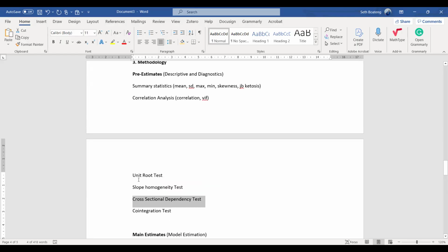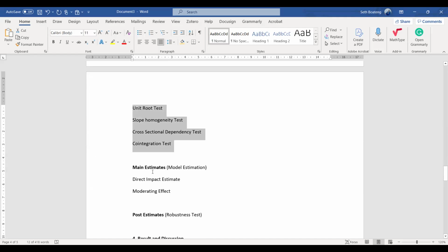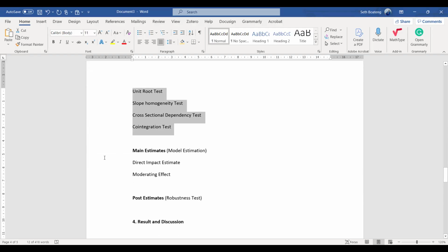Unit root too, you have to test it and see if your variables are at first difference or at levels, so that you know the kind of models you will use. So these four are used to decide a model. That's why here I didn't state any model. So here you can use the panel regression, normal panel regression, which is fixed effect. Okay, let me use fixed effect rather. So fixed effect models or random effects,